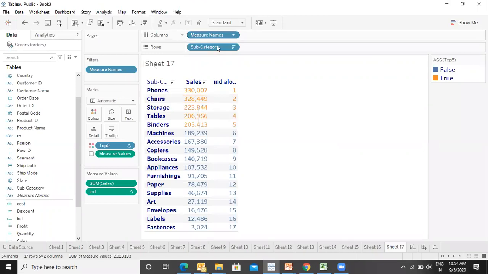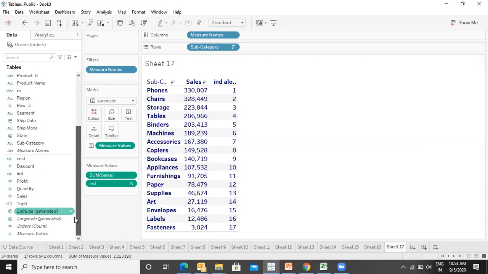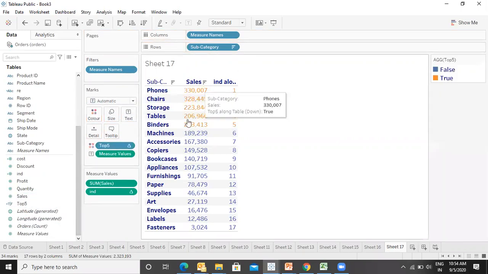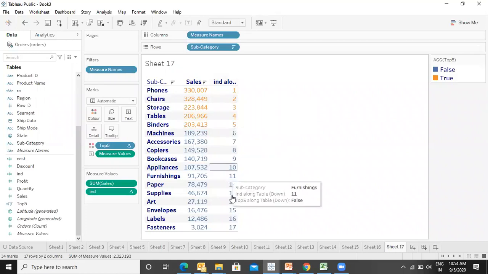Did you select any formula, or did you just name it top 5? No, we can name it anything. The name doesn't have anything to do with the functionality. I just put the top 5 in the color, and you see that the first 5 have been highlighted. Is this an inbuilt function, or how did we define it? No, this is a calculation. I think this is a manipulation which we have done. The function which we have used is INDEX. Using INDEX, we have got these numbers.